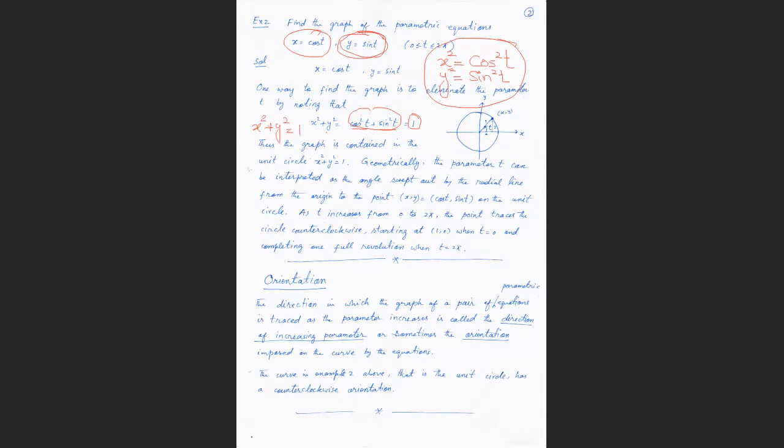In this equation, is there any t? Did you find any t? No. So we eliminated the parameter t, and from this equation we can draw the graph. I explained this in the last class, but it was not clear. For a circle, we know that the general equation is x minus a whole square plus y minus b whole square is equal to r square, where a and b are the center